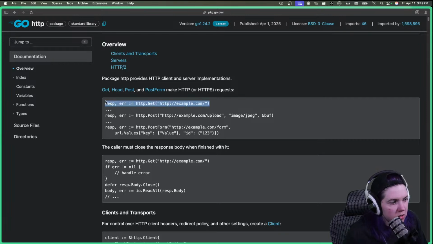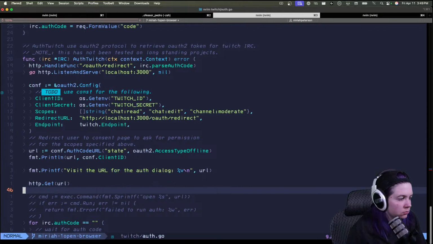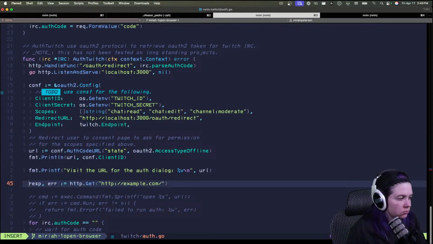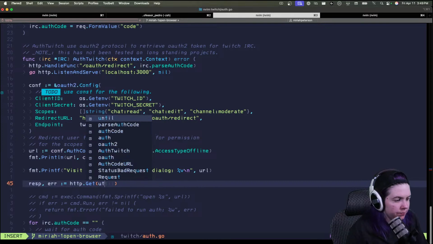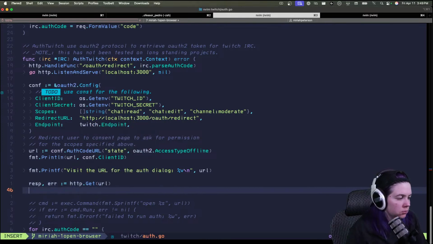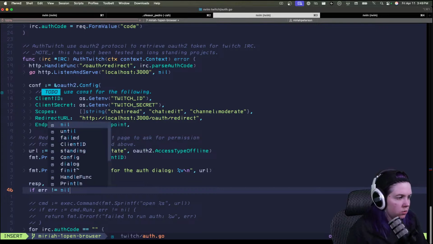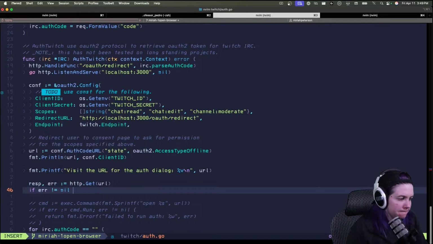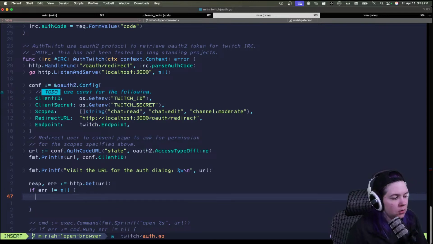This. I think I can just do this. And this is the URL. And if error is not equal nil, we return